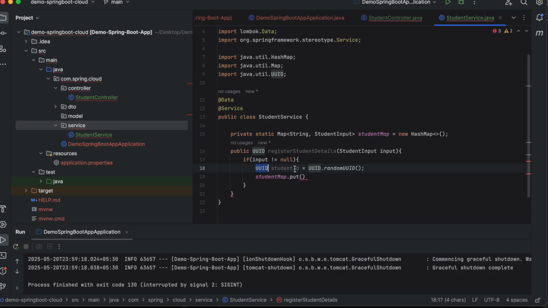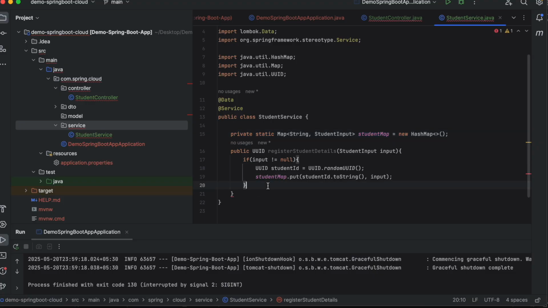We already have this student ID as a unique identifier, so we will simply say studentId.toString, so that we are converting to a string because this is of type UUID. And comma, what is input. Okay, so our student details got saved inside this temporary map. We will think of it as a temporary database.